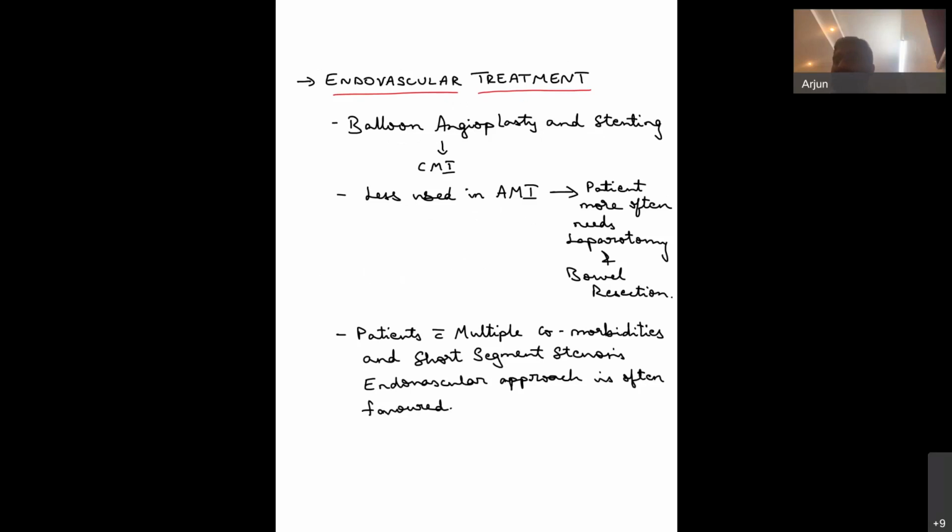Coming to endovascular procedures, the main indication is that revascularization is indicated in all patients with symptoms of